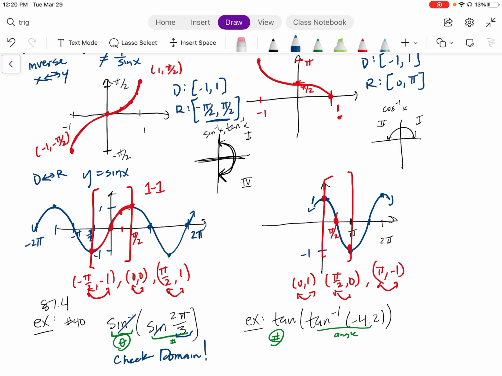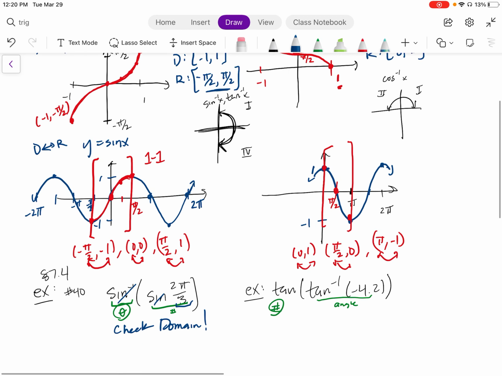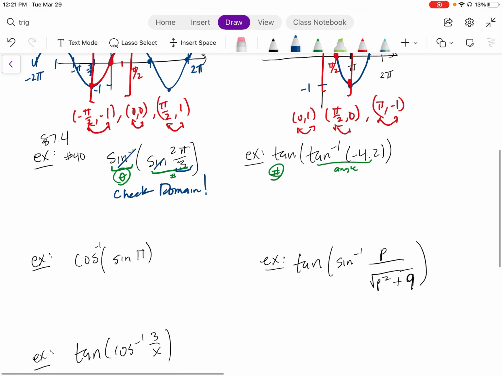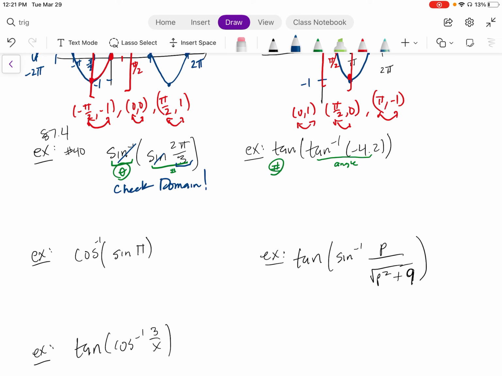So we cannot find sine inverse of 2 pi over 3 because it's not within the allotted domain. So we don't in fact cancel. This is not pi over 3 here. Not true. But we can still evaluate it because sine of 2 pi over 3,